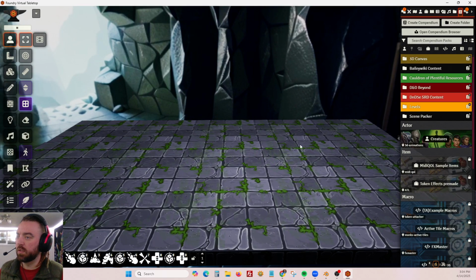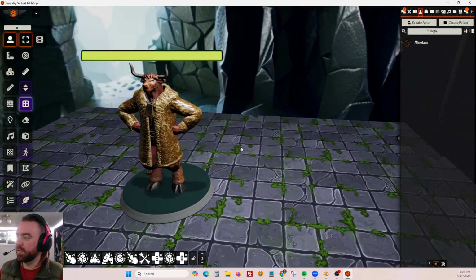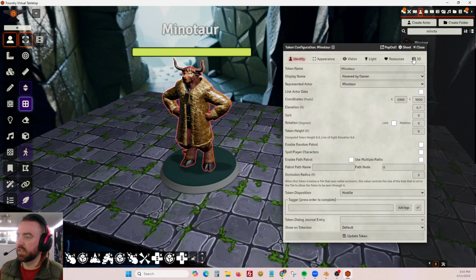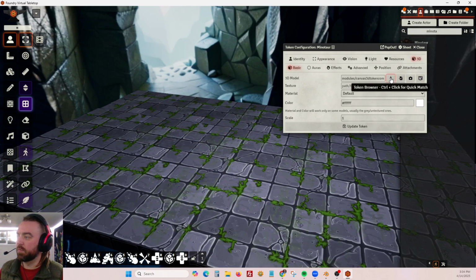I'm going to focus on the Minotaur today. I don't have him yet. He's in the SRD, and it's really not this model. So I'm going to double right click, pop in, hit Control click, and find the model that I want to